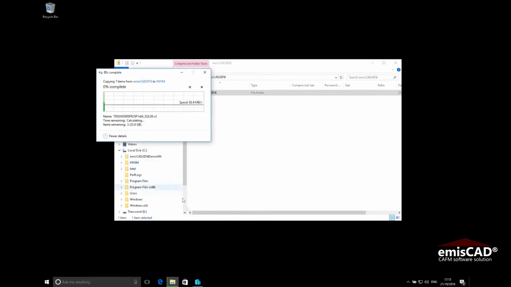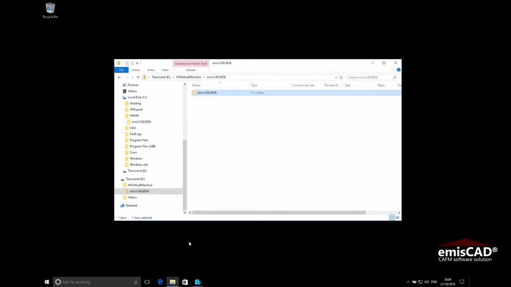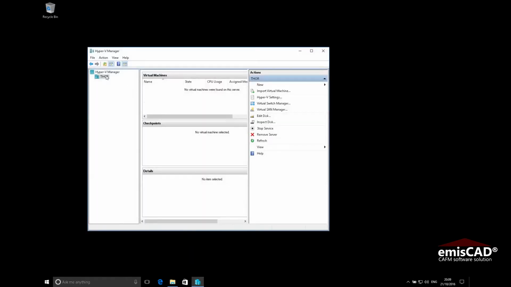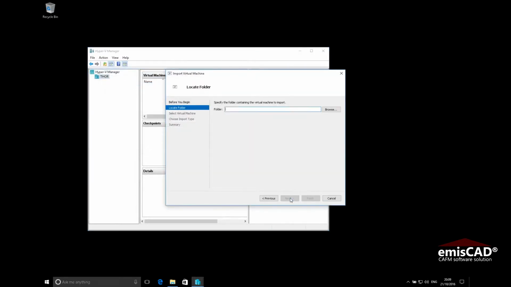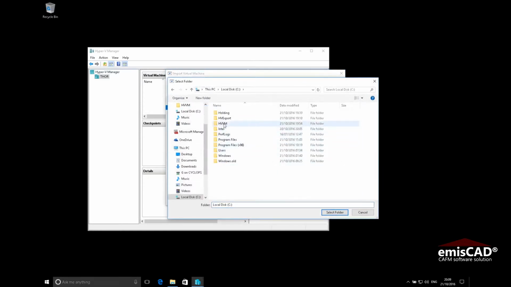This will take 10-15 minutes to extract, so we're just going to skip the wait, and once it's extracted to the local drive we should see a folder structure like this in our new folder. Now the next step is for us to import that into our local Hyper-V settings. So we just follow the import machine wizard, locate the folder that we just created, and select that,